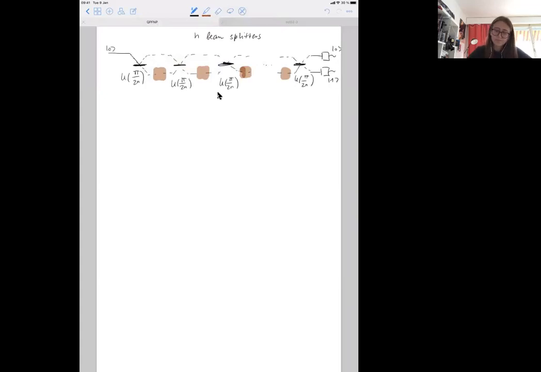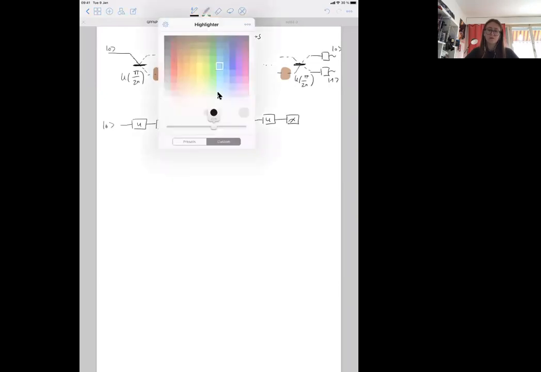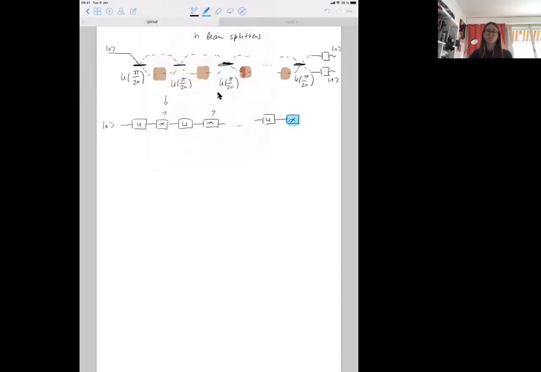And of course, one can write down the circuit: U, possible measurement, U, possible measurement, and so on, U, and final measurement. And there you can also look at the cases where the bomb is in the box, where these measurements happen, and the bomb is not in the box, where these measurements don't happen. Then the probabilities of the final measurement would be different, and the probability of you surviving would also be higher, because